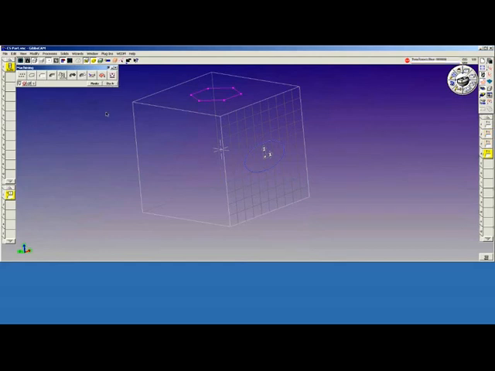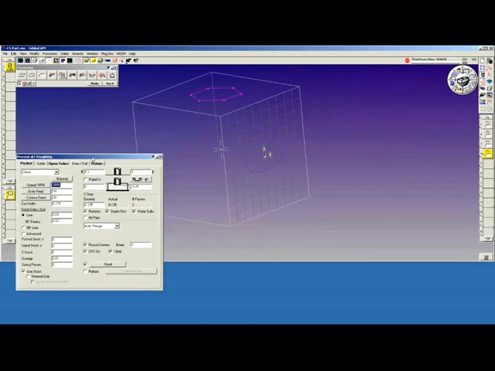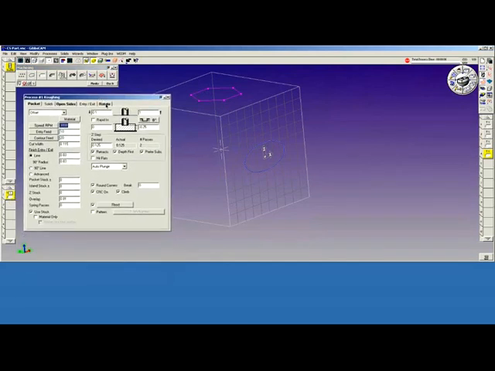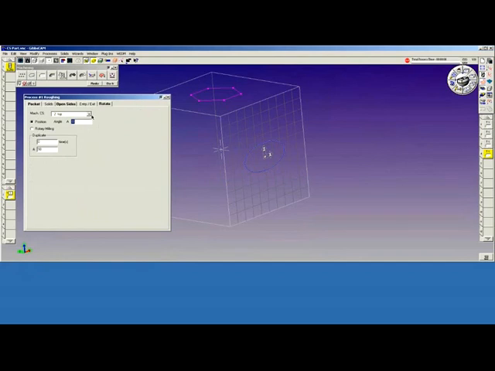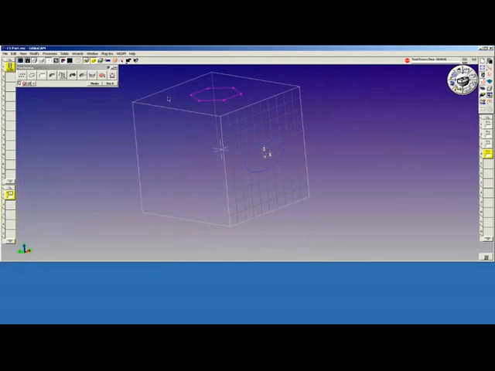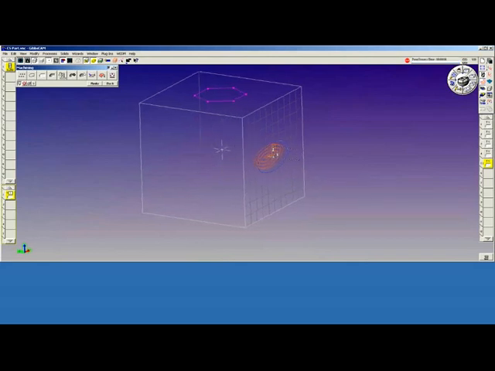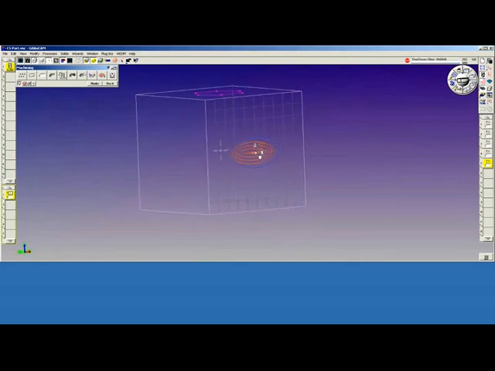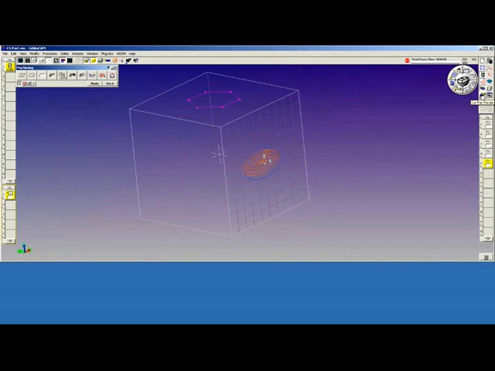The reason is that in the process dialog, it is necessary to change the rotate tab to reflect the front CS. Now, when I say do it, I get my operation correctly machined on the front of the